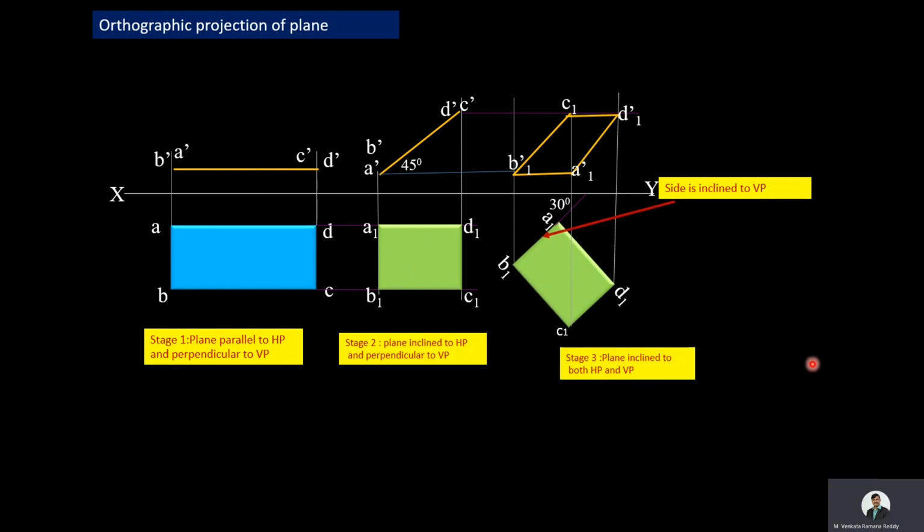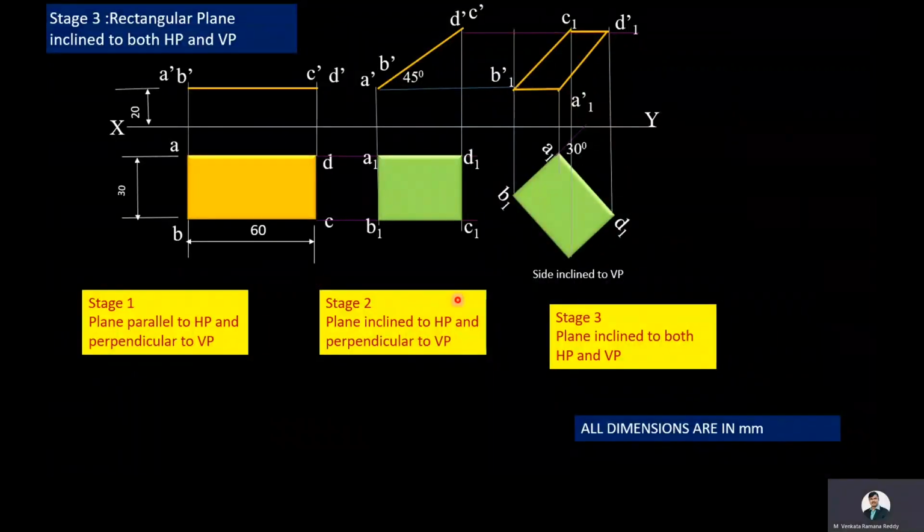Now we'll move towards the summary of all three stages. Now we'll see the overall summary of the solution related to the given problem. Stage 1. In the case of stage 1, we assume the plane is parallel to HP and perpendicular to VP, so that in the top view we get the true image of the plane and in the front view we get the image of the plane as a line, and that too parallel to the XY line. And here in the initial position we assumed that the plane is at a distance of 20 mm above the HP.